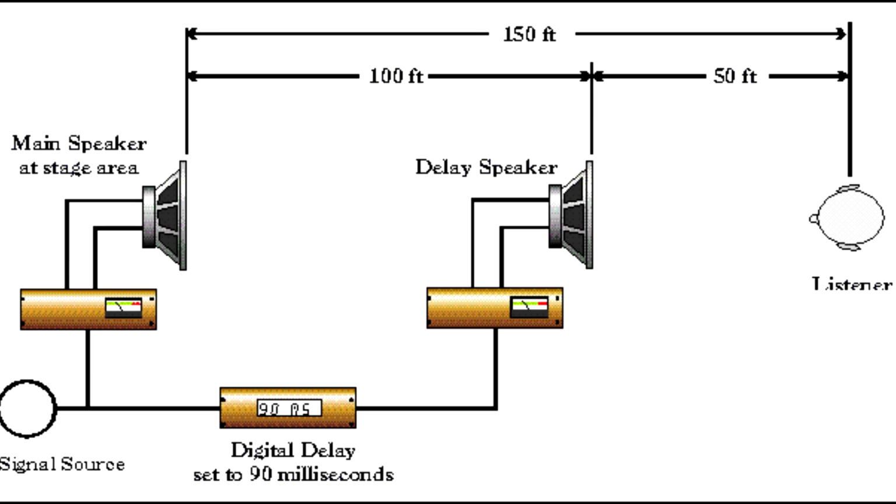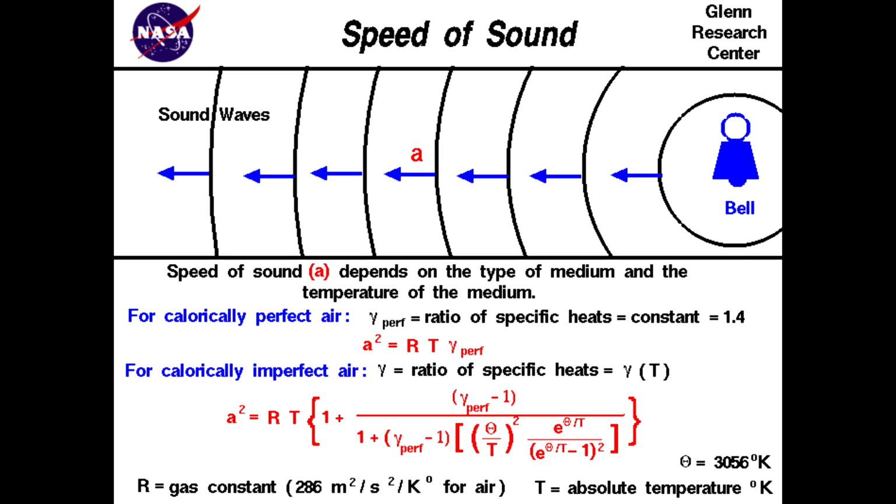You won't hear two "heys," like this horrible delay. It'll be all together. It'll sound like one thing. And again, there are more accurate ways. We're assuming air temperature, density, all these things. You could get a more accurate figure, but most of the time it's unnecessary and you're just wasting your time. 1130 feet per second will do you just fine.